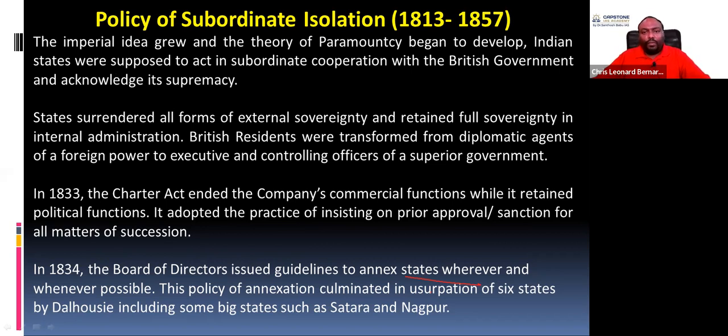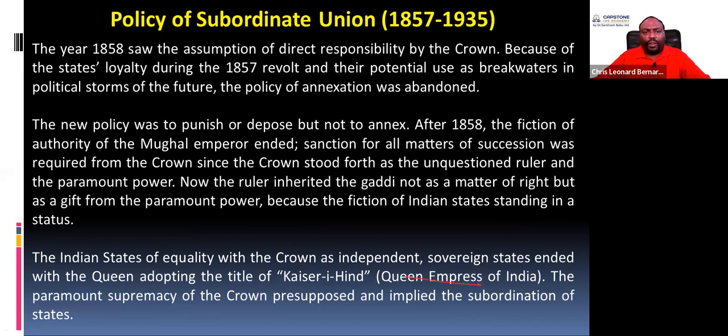From 1857, after the revolt of the various people, the peasants, the artisans, sepoys, common man, the religious, all these people who were affected, they saw the change in administration where the British come to direct control through the Government of India Act. They assume the direct responsibility of administering India by the British Queen. And because of the fidelity of the native state rulers during this 1857 revolt,